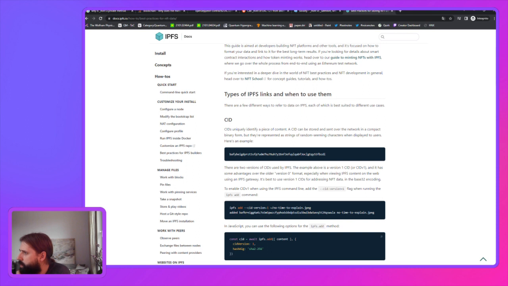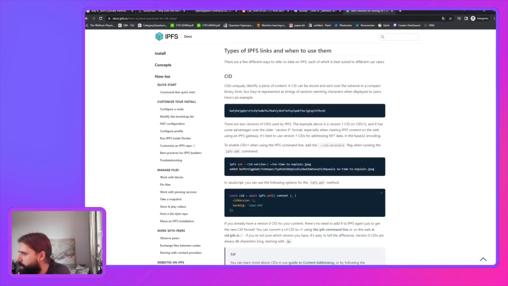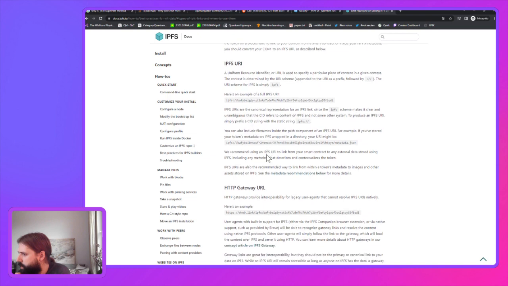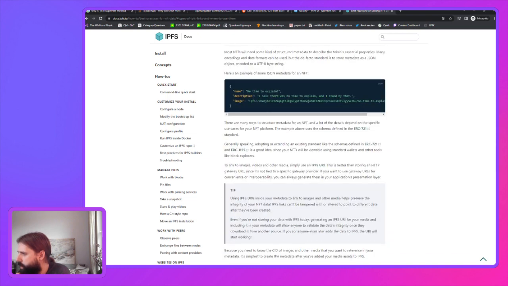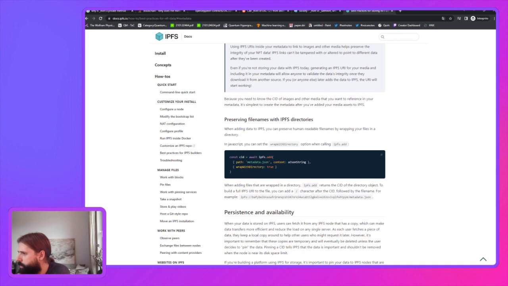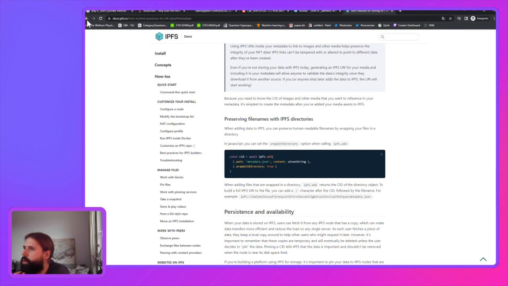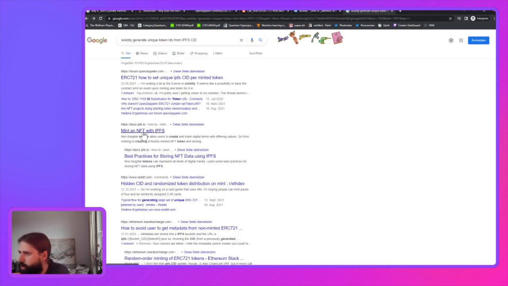CIDs, you identify a piece of content. You store it and send it over the network in compact binary form. Example, okay. URI, gateway, metadata, and availability, summary. That's not what I want to do, because the typical use case is you already have a